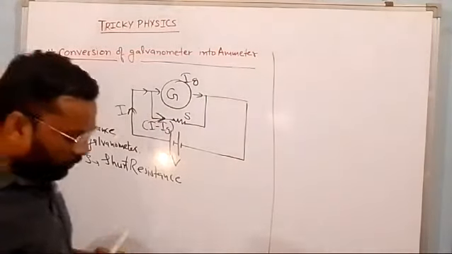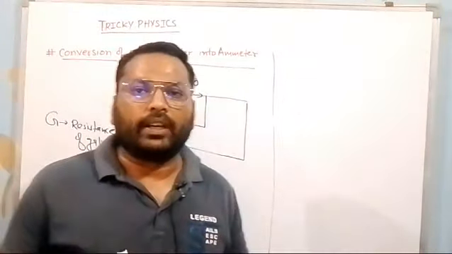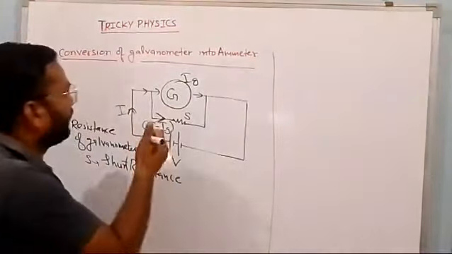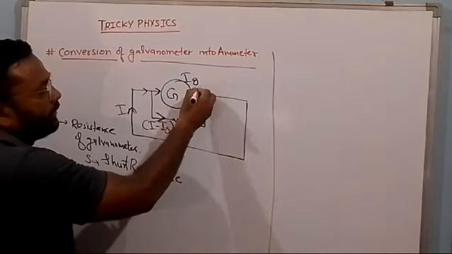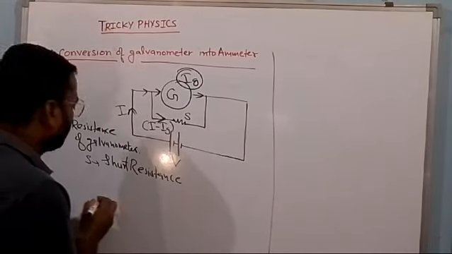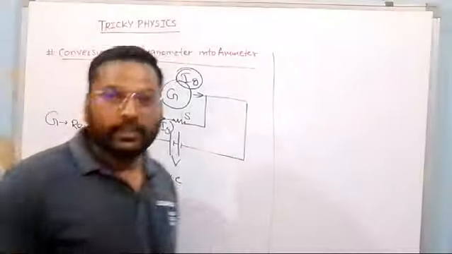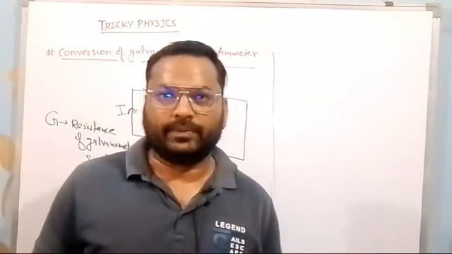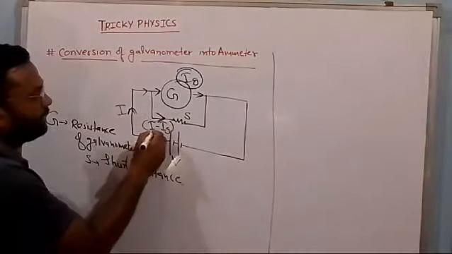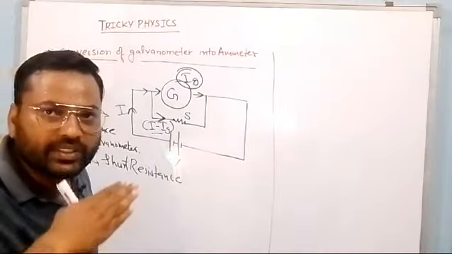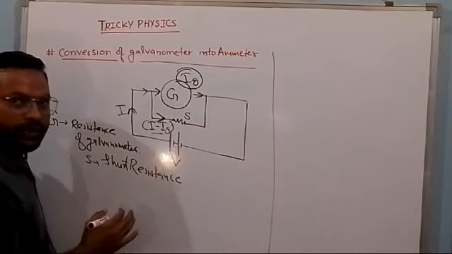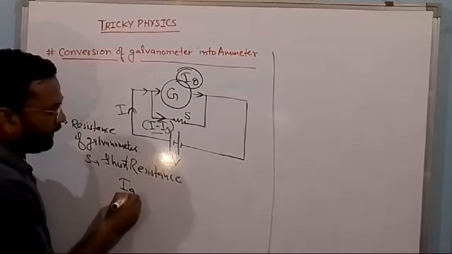As you know very well, in a parallel arrangement the voltage remains the same, the potential remains the same, but the current divides. In this circuit arrangement, this is Ig, the galvanometer current, and I minus Ig is the current that goes to the shunt resistance. As you know, the potential is the same in a parallel arrangement. So the potential for the galvanometer is Ig into capital G.